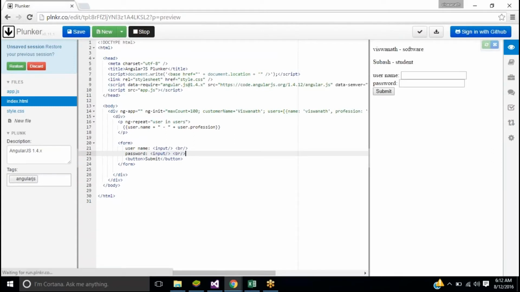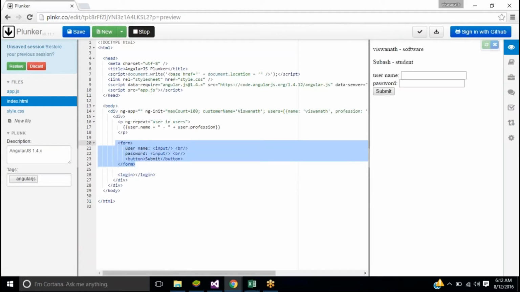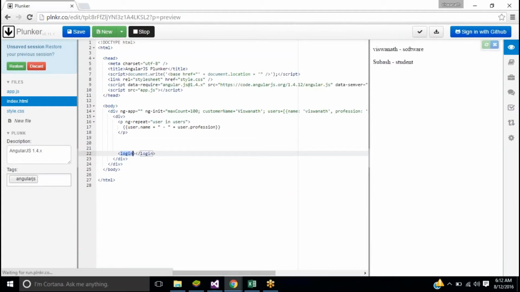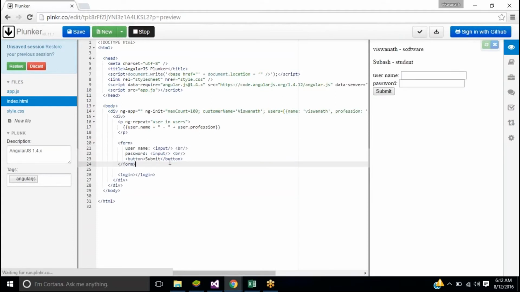So I decided, why should I write it every time? I'll create my own directive. I'll just say login, and I should be able to get this, because if I create something like that, everybody can directly say login and it will create you a username, password and a submit form, right? That's more reasonable. That's what we do in coding, right? So that can be achieved. How can we achieve this? By default, we don't have anything called login. That's the reason you don't see any output in the browser, because the browser doesn't know what login is.